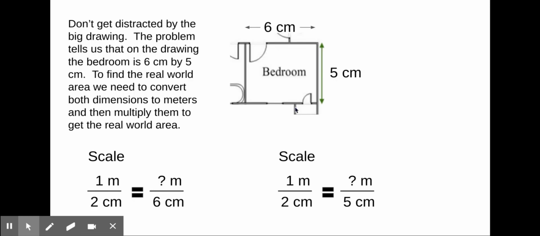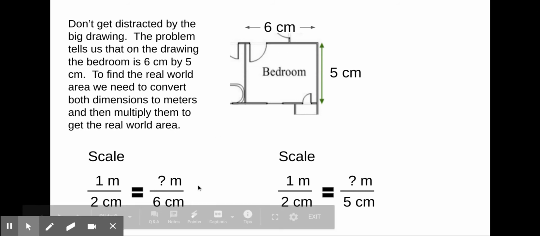All right. Again, don't get distracted by the big drawing. The problem tells us that on the drawing, the bedroom is 6 centimeters by 5 centimeters. To find the real world area, we need to convert both dimensions to meters and then multiply them to get the real world area. So again, here's our drawing here,